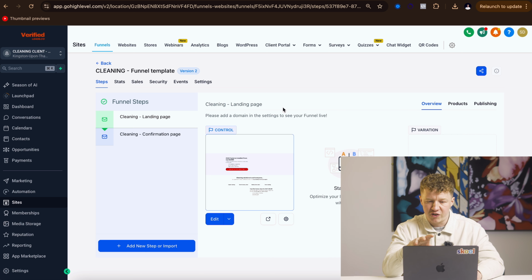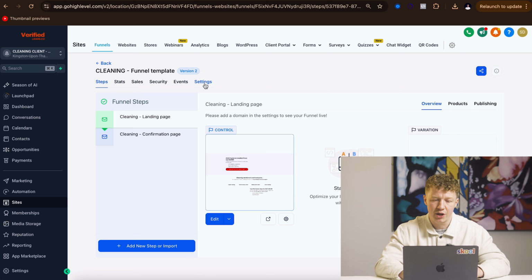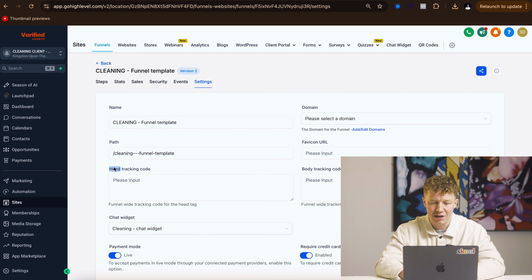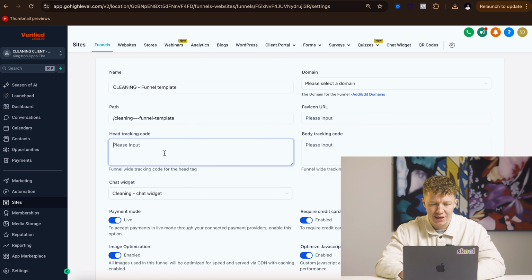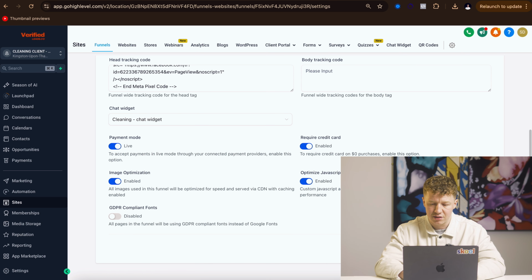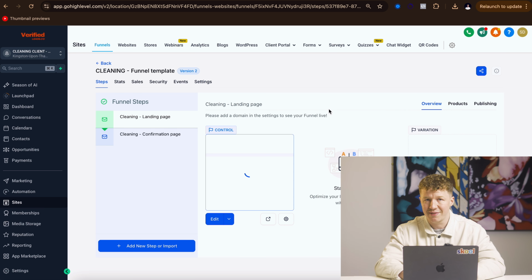But if we've got this funnel, for example, created in Go High Level, well, we need that tag to be on every single page. So the way we do that, and it's more or less the same in any landing page builder, whether you're using ClickFunnels, LeadPages, or anything similar to that, we're going to go into settings, go into head tracking code, paste that code into there, and hit save. Now once that is done, every page that we have within this funnel should in theory have that code installed,